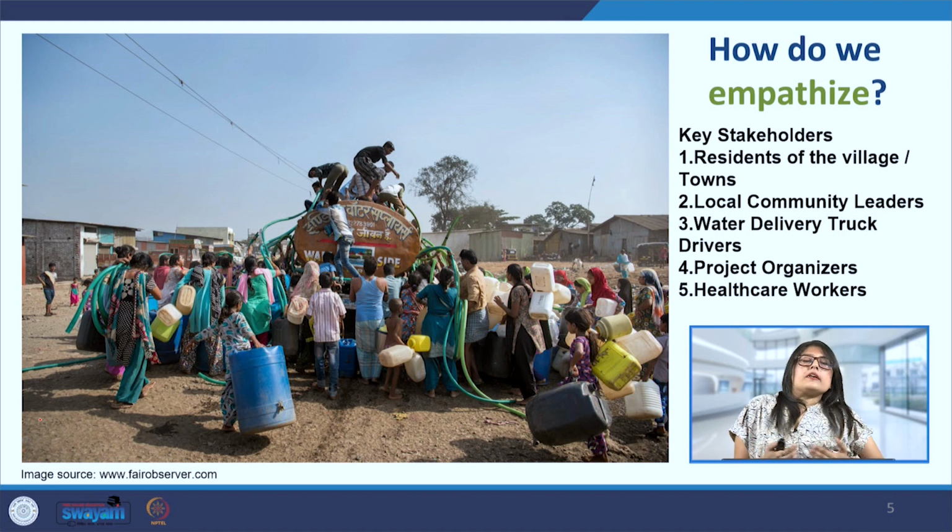So the meetings that the community leaders, for example the panchayat in case of a village, or the town meetings that the community has. If they are allowed to attend these meetings, the researcher can actually get information on what kind of discussions are happening on the ground. So that can be a very, very helpful scenario for the researcher.